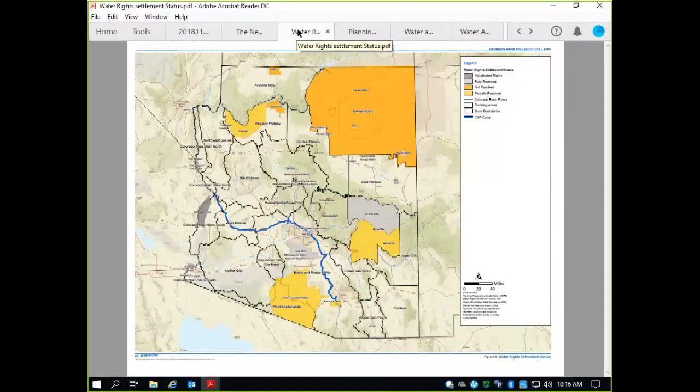And the purpose of this map is to make the point that there are some issues that we can't fully resolve in a water augmentation project if the project is influenced by these water rights settlements that have not yet taken place. Well, I think even more so, the lack of settlement will complicate any augmentation project,